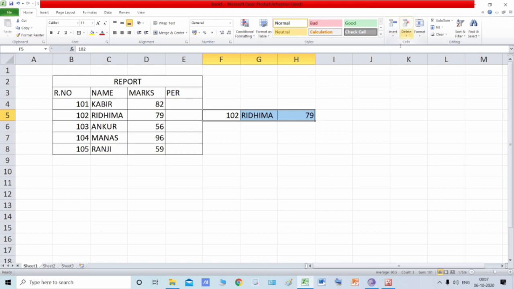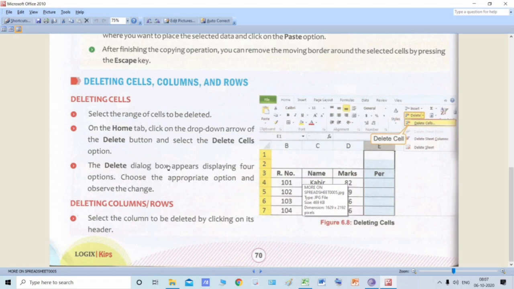See, this is the cells group on the home tab. This is the delete button. So click on this drop down arrow and then click on this delete cells option. Then the delete dialog box appears displaying 4 options. Choose the appropriate option and observe the change.